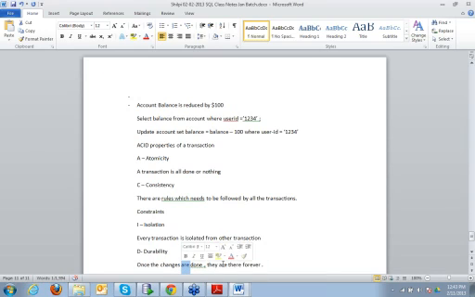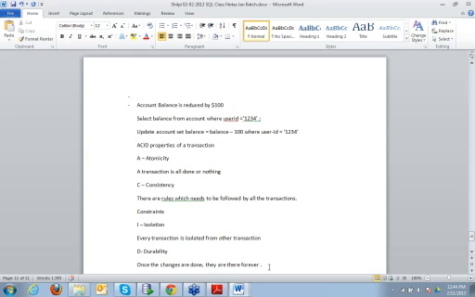Even if there is any power failure, once the transaction is committed, if the database is down, or some server is down, or your machine crashes, or whatever happens, the changes are done completely. They can never be undone.